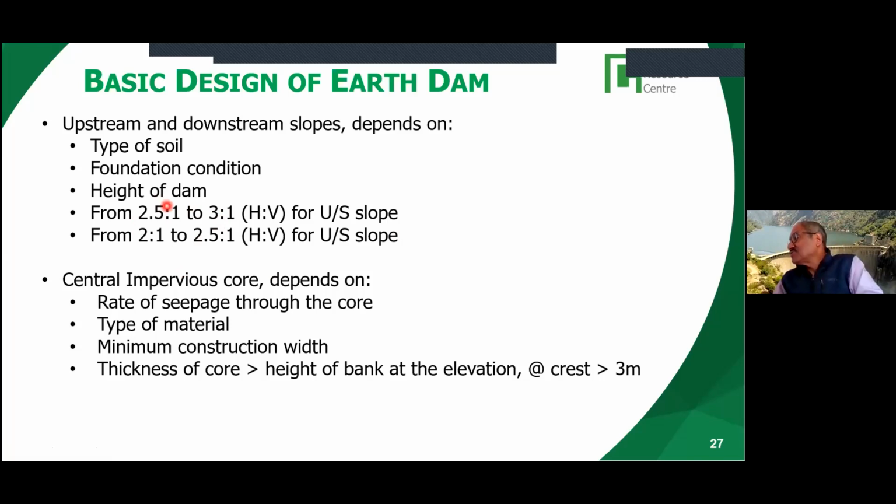So based on the type of the soil, the height of the dam, and the foundation condition, this is the scenario. And the other thing, there was a slight mistake. The second one, 2.5 to 1, is not for the upstream slope, but for the downstream slope. And so the slope is decided based on these